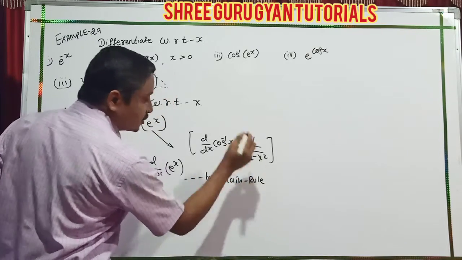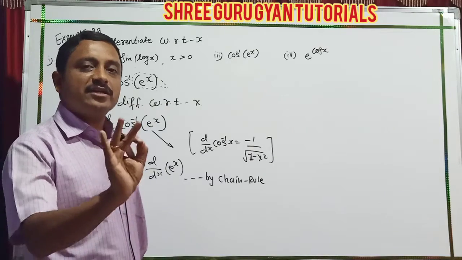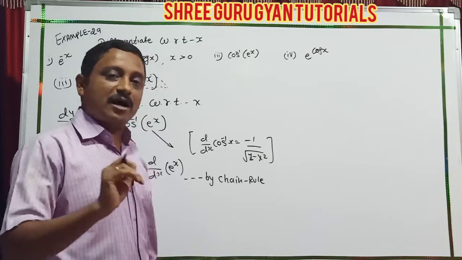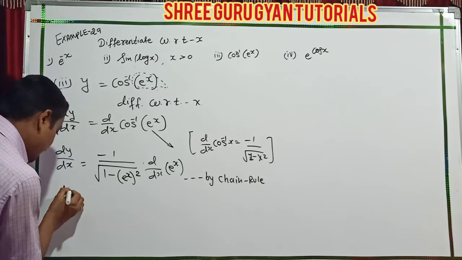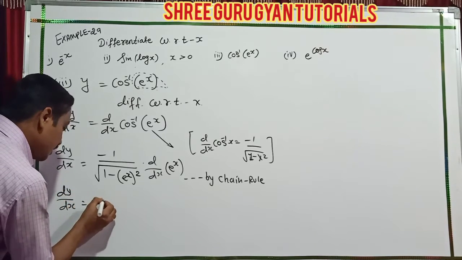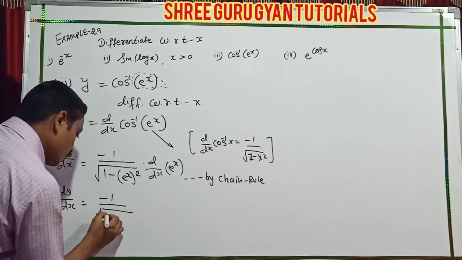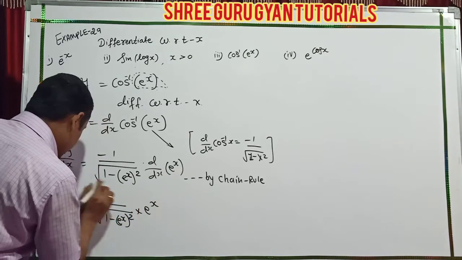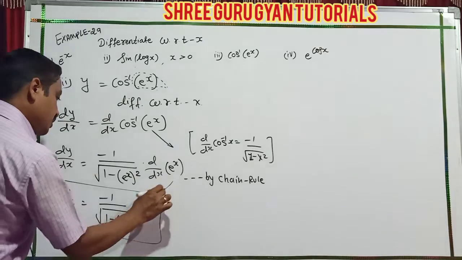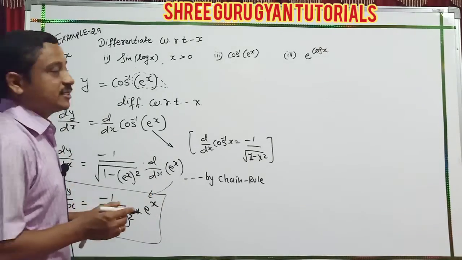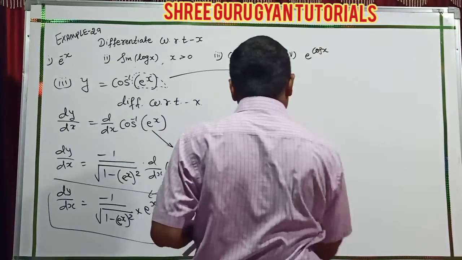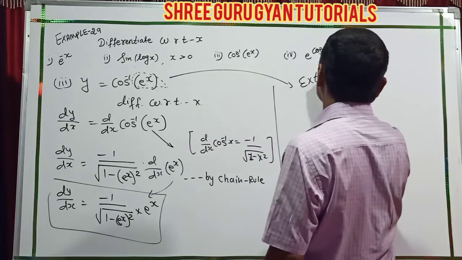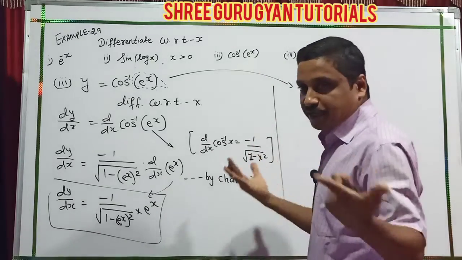by chain rule, students. It's a very easy process. Now the e raised to x derivative, I think you know: it is minus, same, 1 minus e raised to x whole square, same, and here the e raised to x derivative is e raised to x, this one. And this numerical, students, is happily done. But I explain here one more extra question for your better practice.